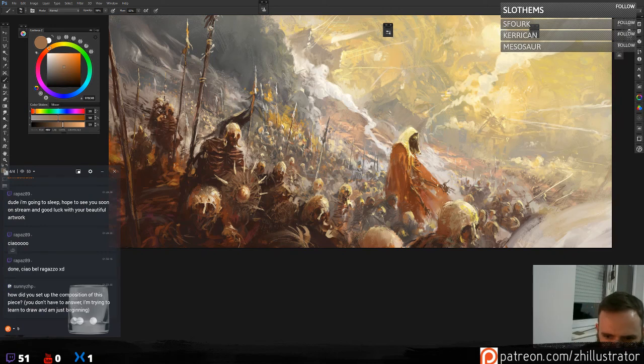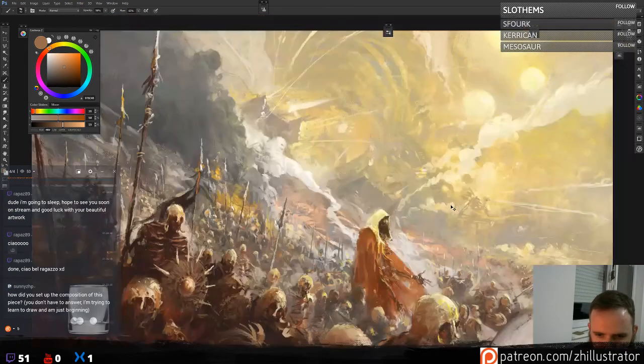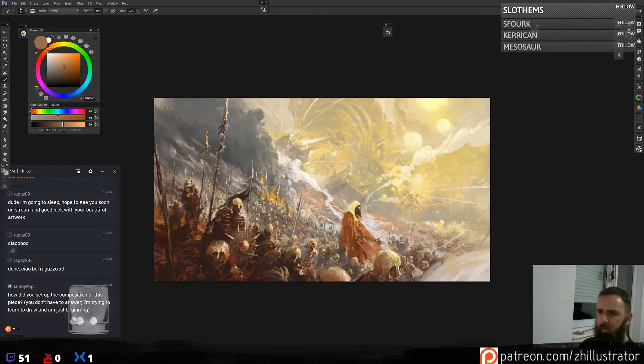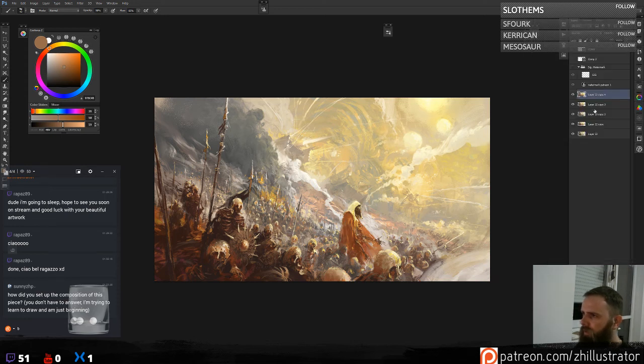How did you set up the composition of this piece? I'm learning to draw, I'm just beginning. I was playing around with layers.